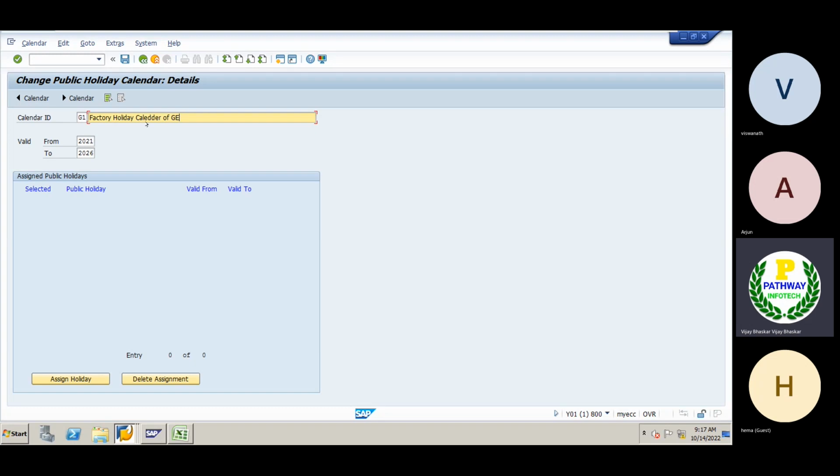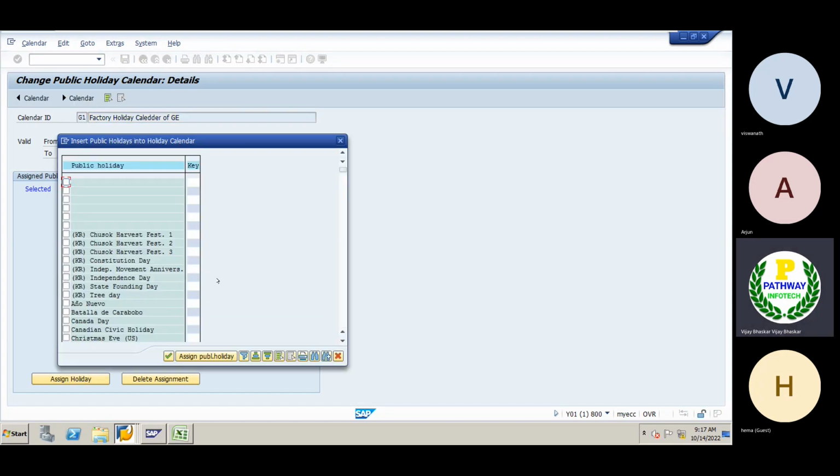I will just mention the validity. Then assign holiday. Whatever calendar I have created for Pongal,